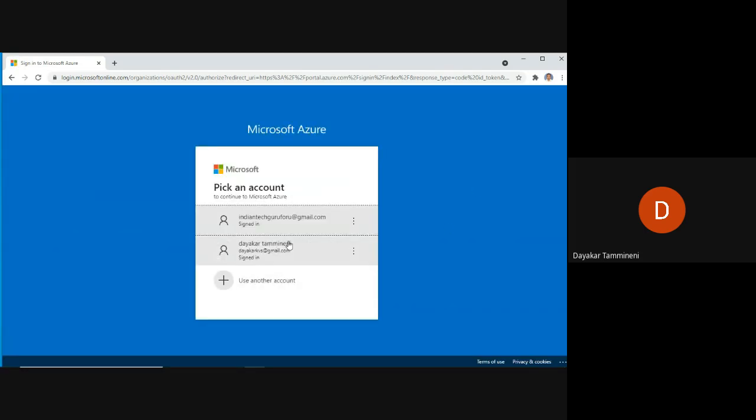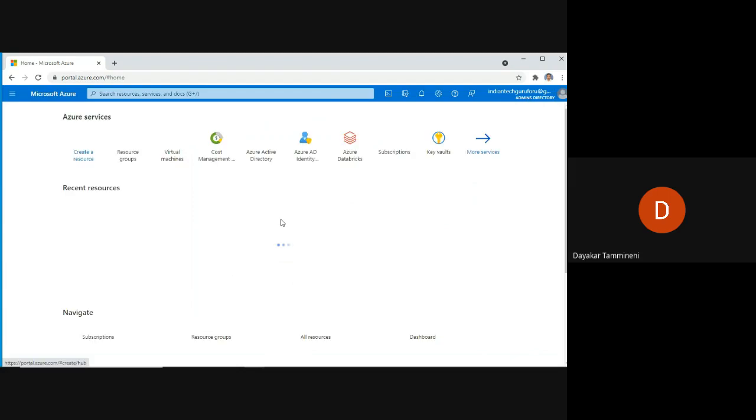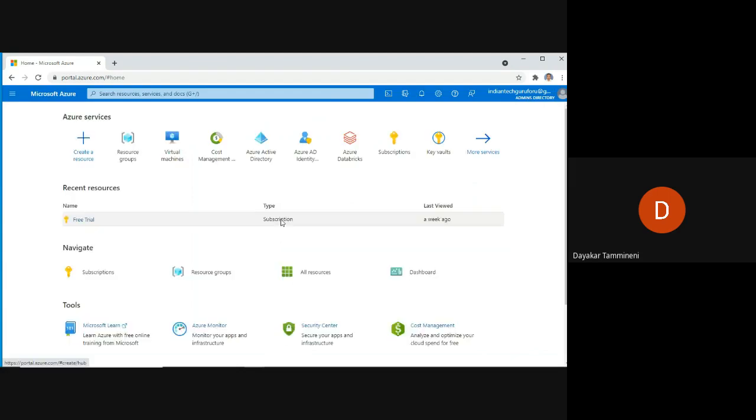So as usual, I am going to select my free trial Azure account, Indian Tech Guru at gmail.com. So my Azure portal homepage has been opened successfully.